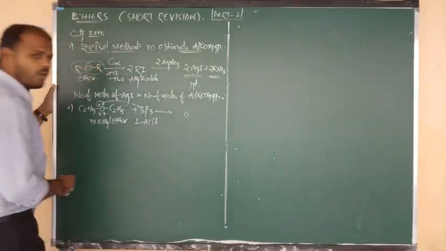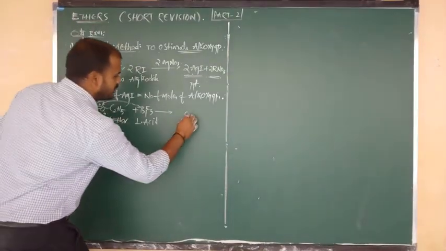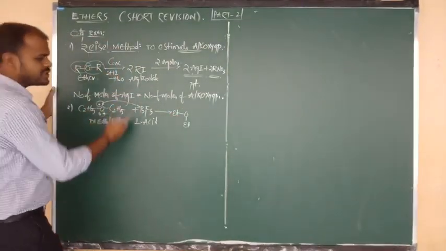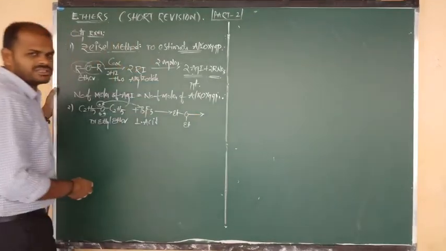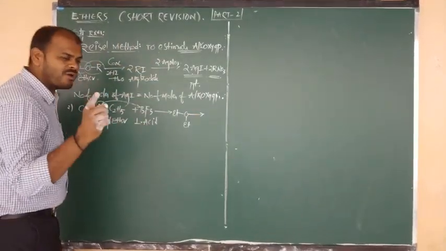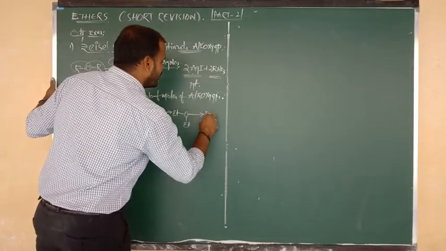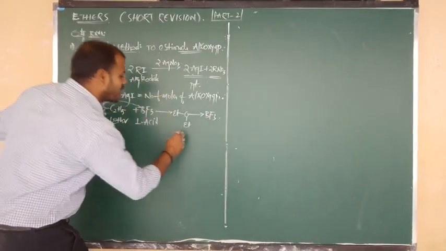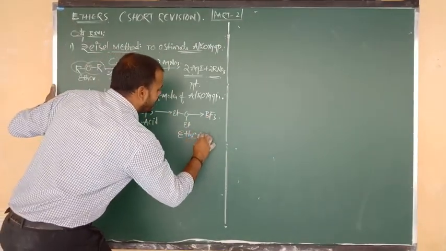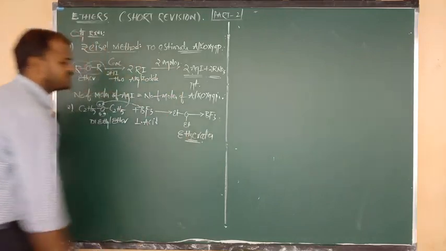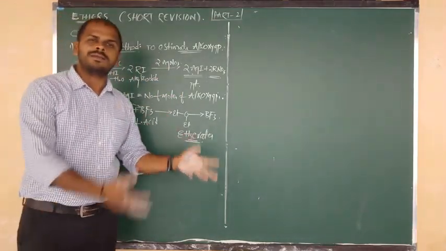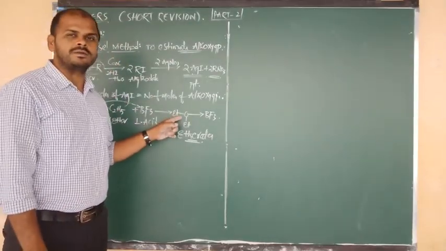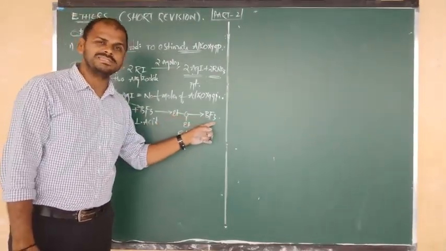So here I am going to write O connected to 2 ethyl groups, one below and another on the left side. After donation of the lone pair, coordinate covalent bond formation takes place, denoted with an arrow towards the Lewis acid. This is nothing but BF3. Such coordinate covalent complexes are known as etherates. Very important from the objective point of view. So etherates are nothing but coordination complexes. In that, ethers are the Lewis bases and BF3 is the Lewis acid.